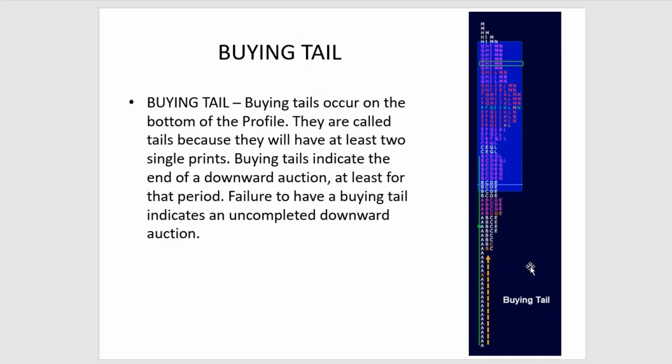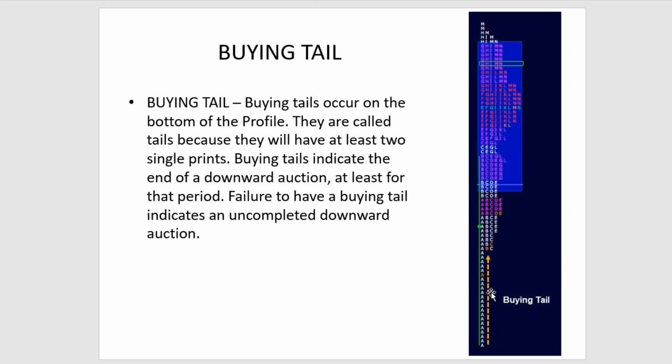We have other types of references. We have buying tails and selling tails. An example in front of us now, we have a buying tail. So the market opened at the green dot, traded lower, buyers stepped in and aggressively took the market higher. So this tells you this is called excess. We talked about excess before. The market went too low, found buyers, and then the market worked its way higher for the remainder of the